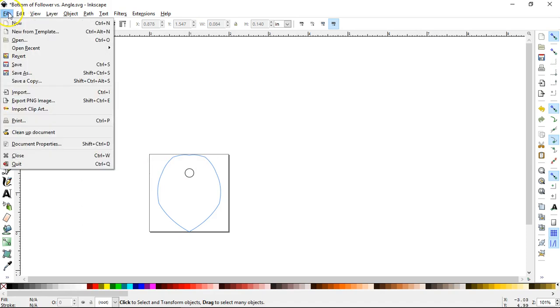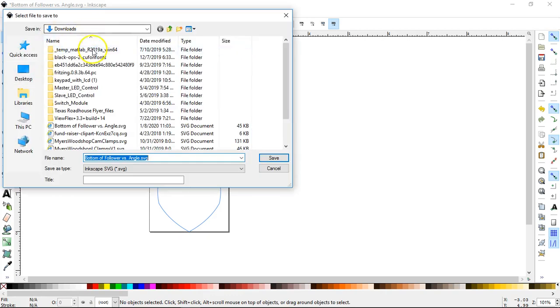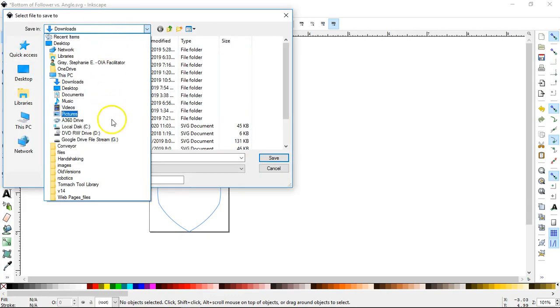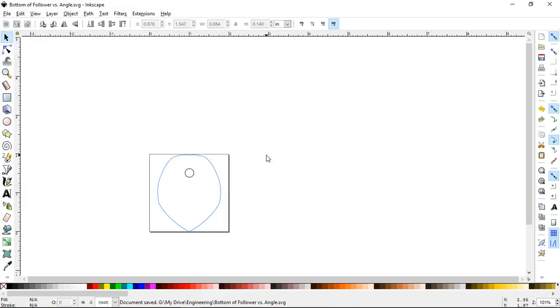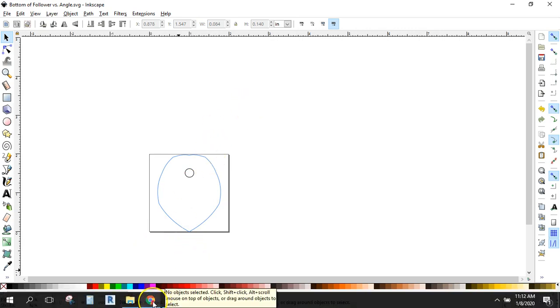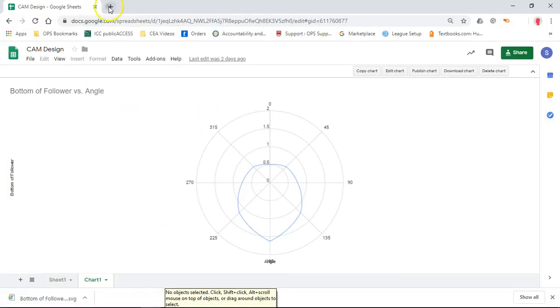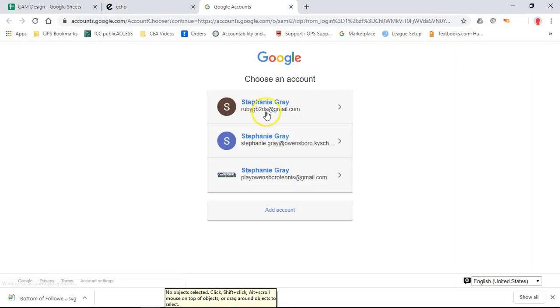So this we can just save right over top of. So we're going to save as. Mine's in my downloads, so I don't want it to be there. I want it to be on my Google Drive in my engineering folder. So make sure you save yours in your engineering folder, and I'll save that. And if you wanted to laser cut this out of a piece of cardboard or a piece of plywood, then it would be ready to go. All you would need to do on Echo is fill out the